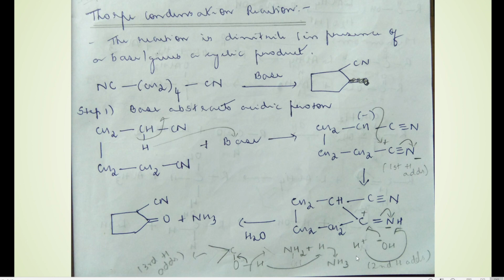Now see here, I have written down, there is water in the reaction medium that will split to give H plus and OH minus. Since this carbon will get a plus charge on itself, the OH minus part will go and attach onto this carbon, and the H plus part will go and attach to this nitrogen. So there is a second H that is adding to this nitrogen. So we have now COH and single bond NH2 here.